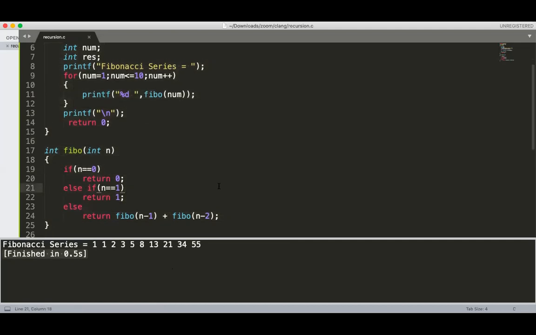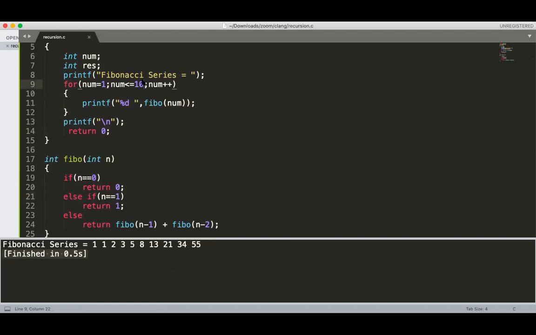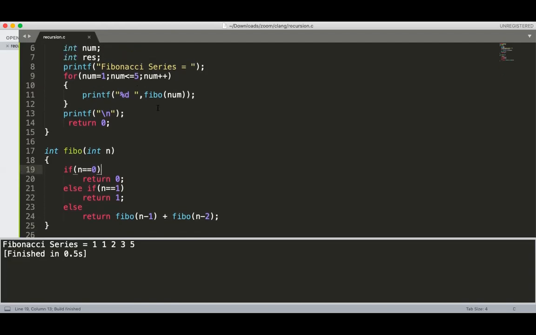Now again, this is the very big task. I'm changing my program to only 1 to 5. Now for this program, 1 to 5 only, you have to draw the stack. Actually, it is a very challenging task to draw Fibonacci because there are two recursions in a parallel manner. When you call Fibo of 3, it will call Fibo of 2 as well as Fibo of 1. Which one gets called first?